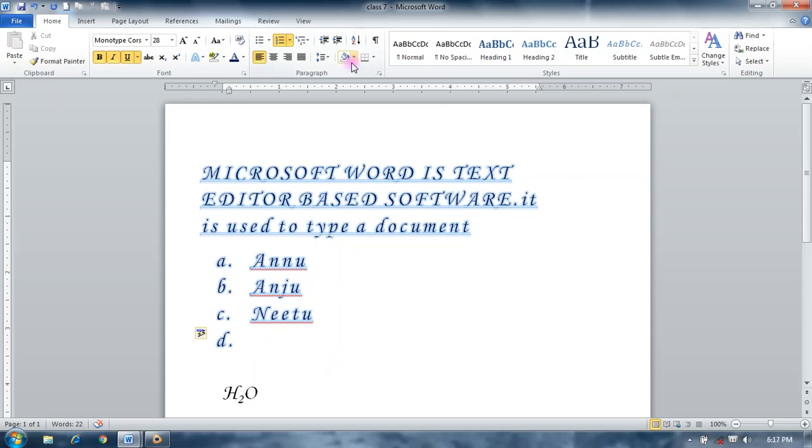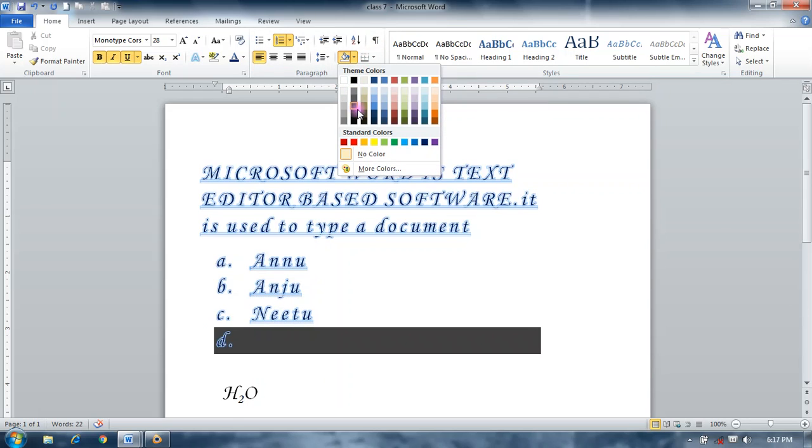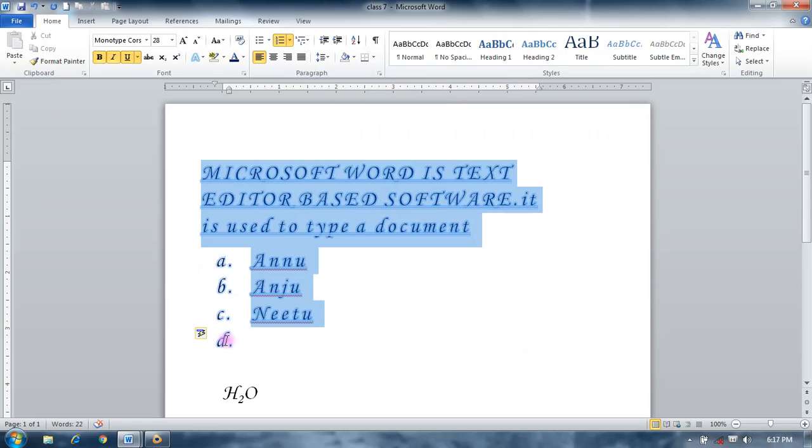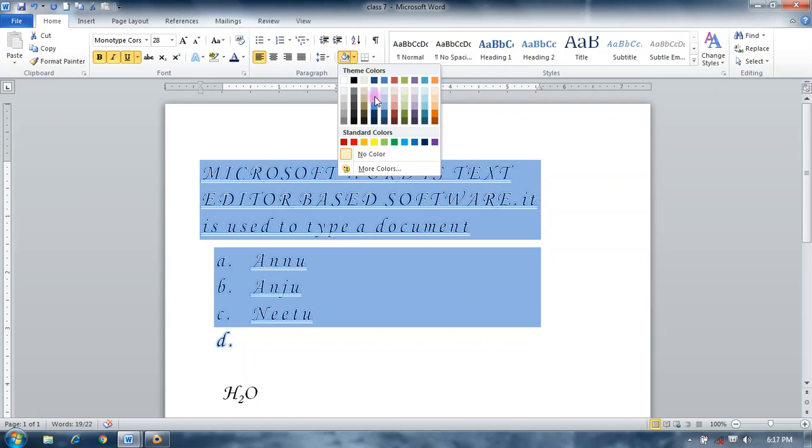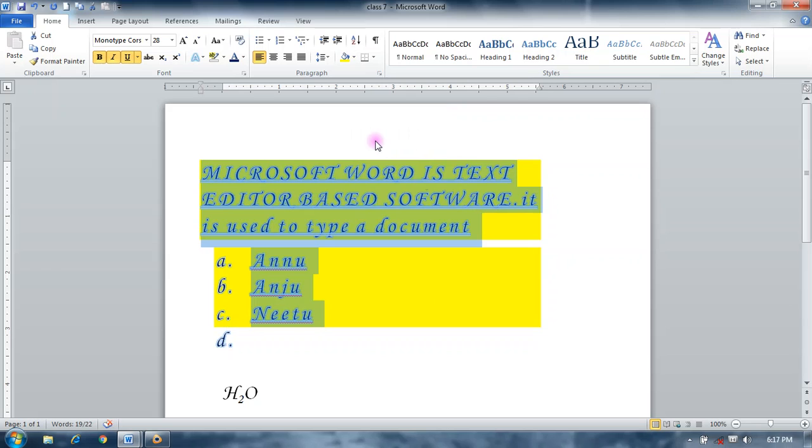This is shading. If you want to apply shade, then select your document or text, and you can apply shading.